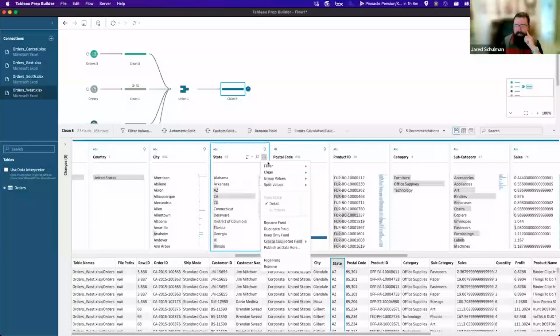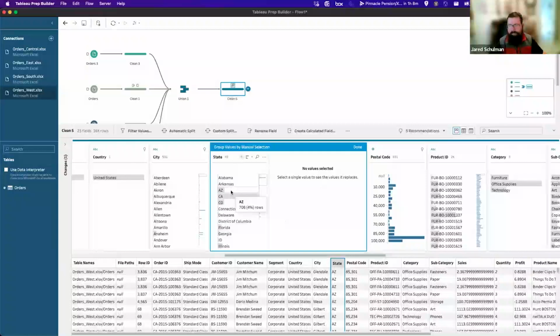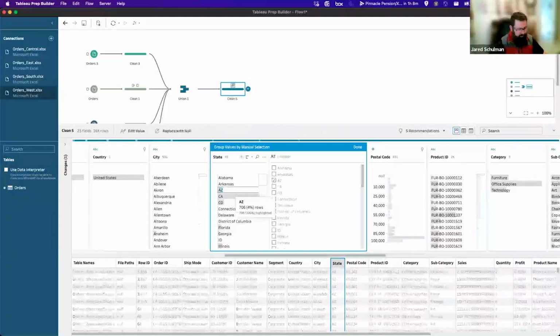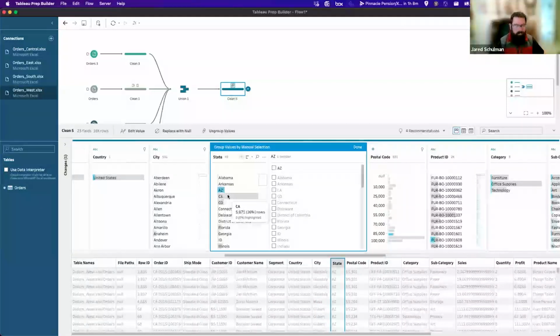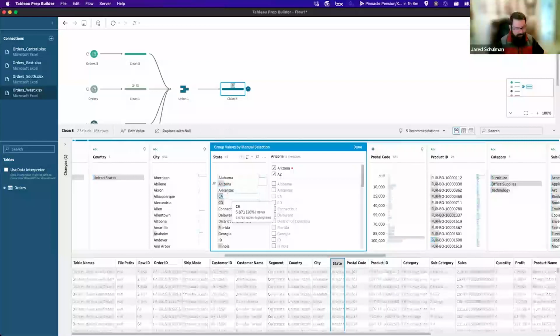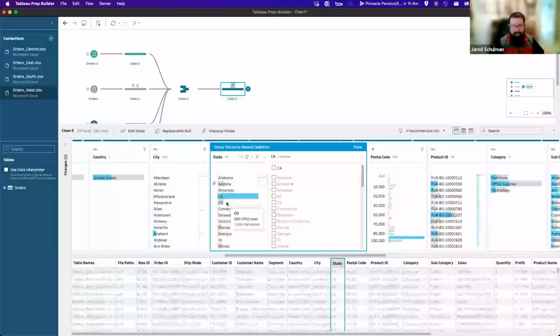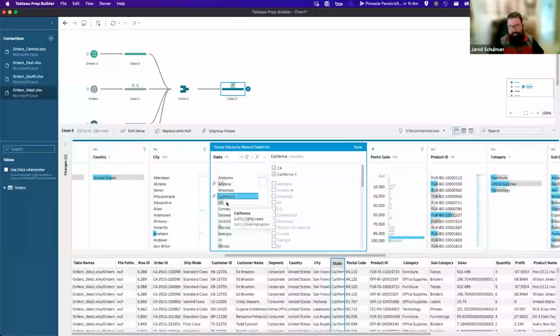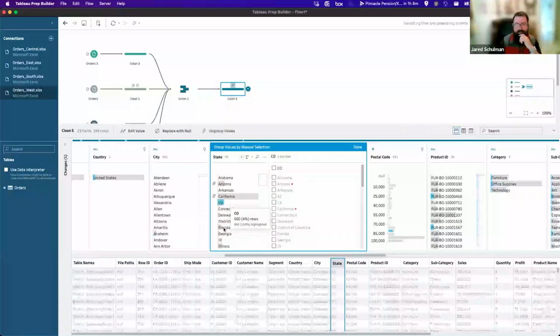If we come in here and we group the values, then we can scroll down through this list and take AZ and just rename it to Arizona. This is the sort of thing that would take a pretty tedious if-then calculation in Tableau Desktop to say, okay, well, if it's AZ, then give me Arizona, else if it's CA, then California, else CO, Colorado.